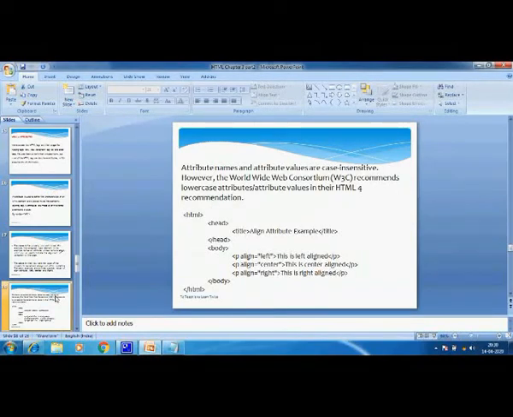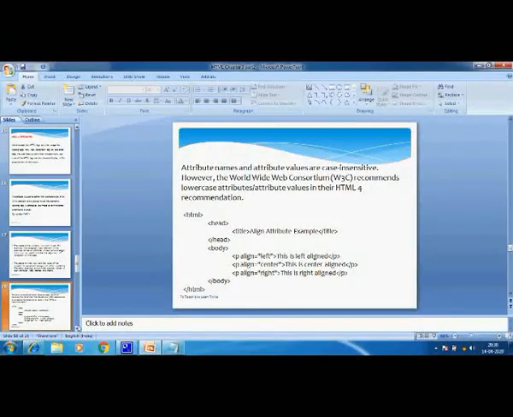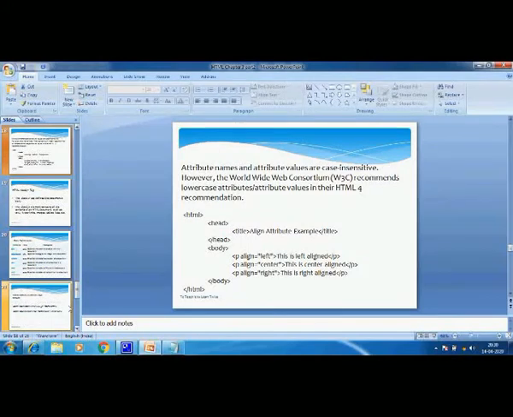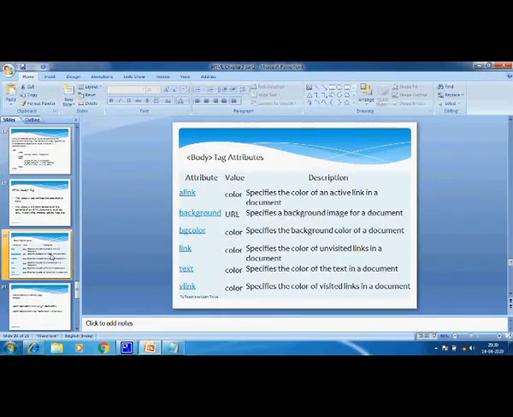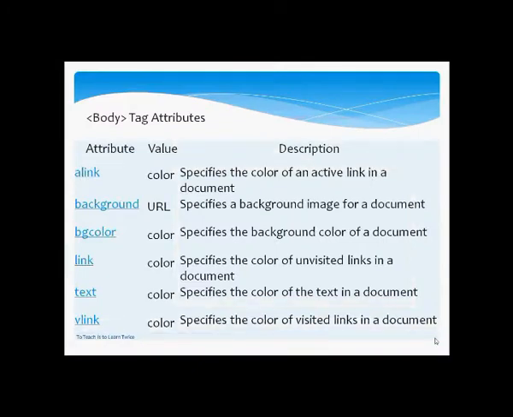So let's start. We will come back to the p tag children. So first comes the body tag, so we'll edit the body tag. We'll put some attributes in the body tag. So let's see what the attributes of the body tag are. I'll discuss first, then I'll use these, right? So these are certain attributes which are commonly used for the body tag.